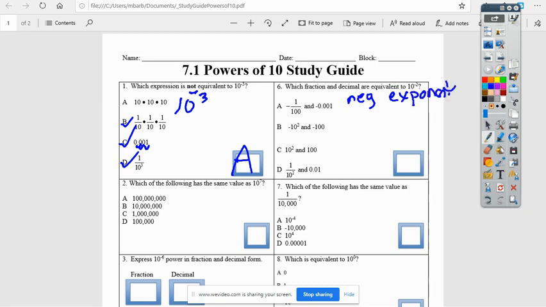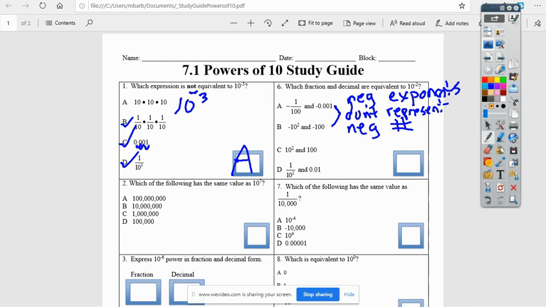You should write it on yours. So what that's saying is A and B you can eliminate right off the bat because you